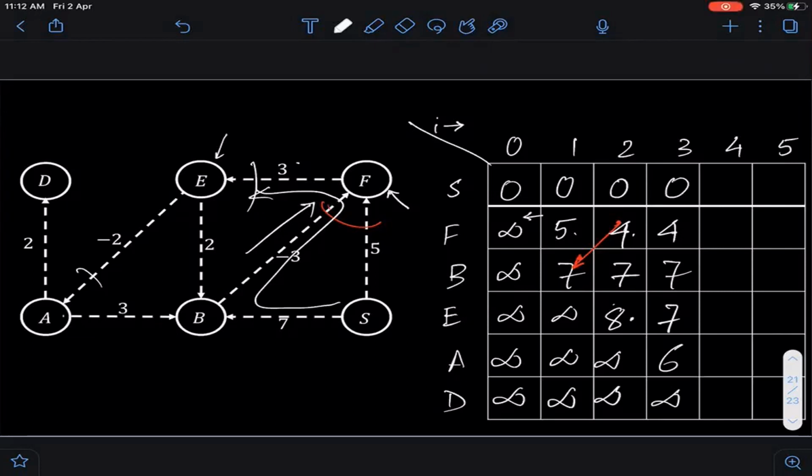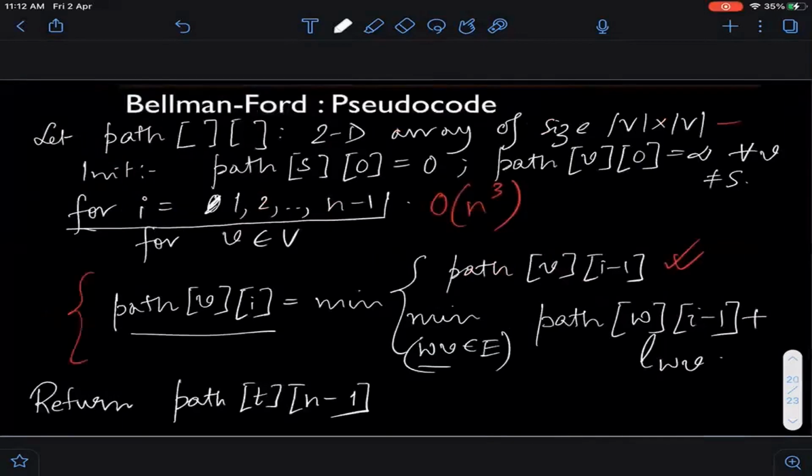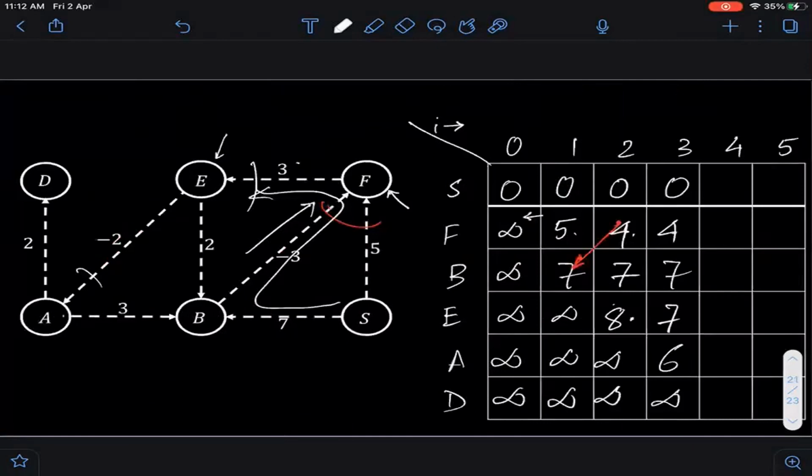Okay, good. Coming back to our question: I claim that sometimes the algorithm can be stopped early. So who can tell me? Shivam is saying when there are no updates. What he means by no update is, remember our outer loop runs for i equals 1 to n minus 1. Now suppose in some iteration of the outer loop, you find that the entire row is copied exactly from the left hand side. There is no update at all.